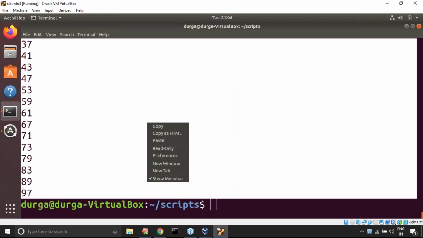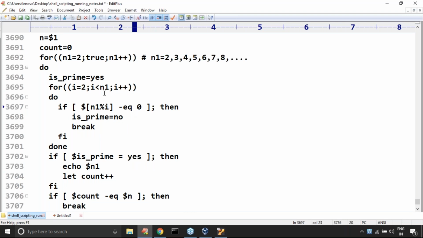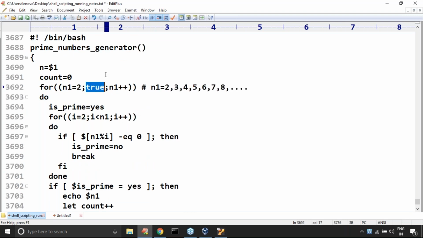But anyway, that thing is not working. This is the problem. True, we have to replace it. I told you at the beginning there is no guarantee it's going to work. I'm taking n1 greater than or equal to 2, sir, so that this condition is always true.